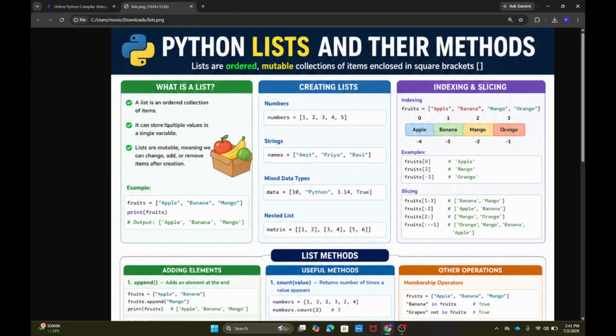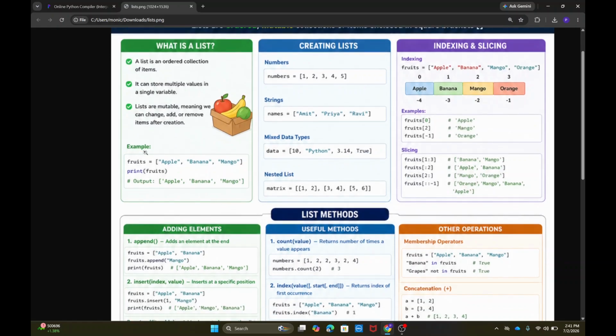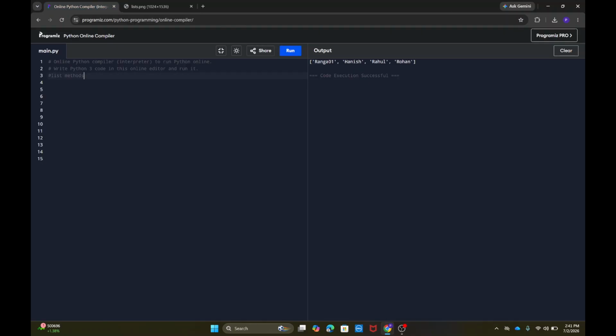As you can see, I have explained all of this, and there is one more thing remaining: list slicing. I will explain this as well, and then I'll go to list methods. Okay, so list slicing. Just like with strings, where we sliced to get some part of the string,